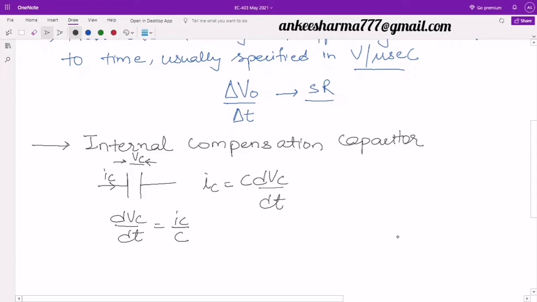I can say that change in the voltage across this capacitor, this is a storing device, which is storing energy, the charge is stored here when we apply a voltage, apply a potential here.